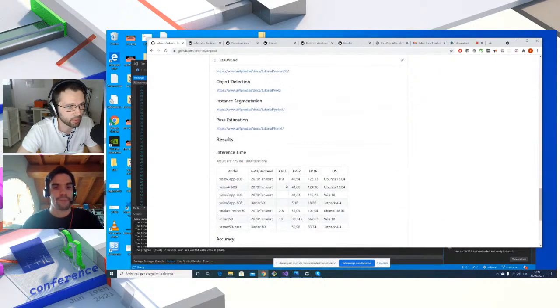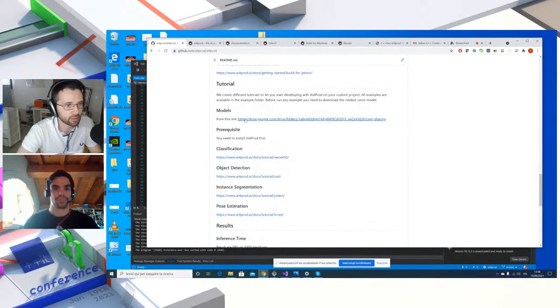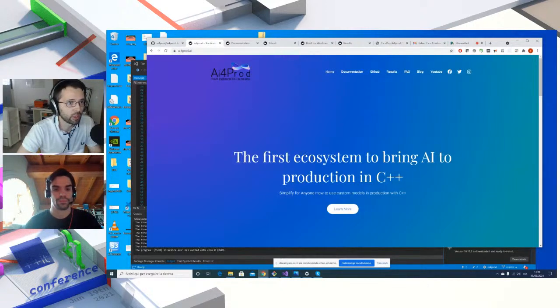And the other important link is the models. We have already converted a lot of models for you, just to give you a sort of quick start with this repository. We have also built a website,